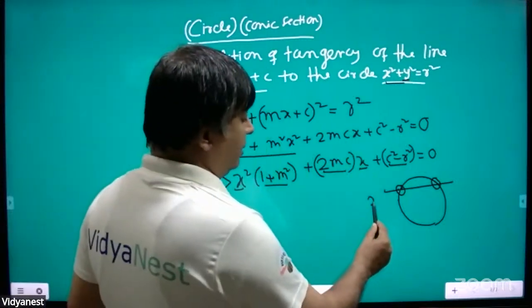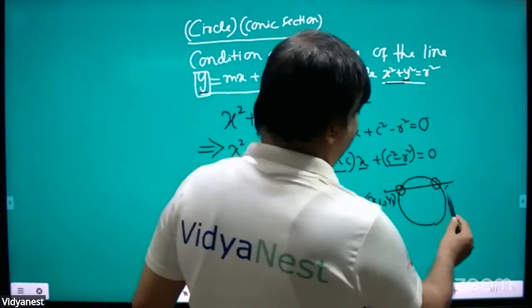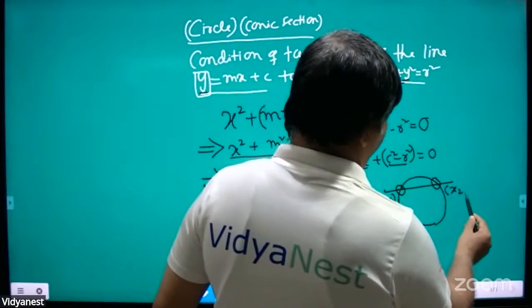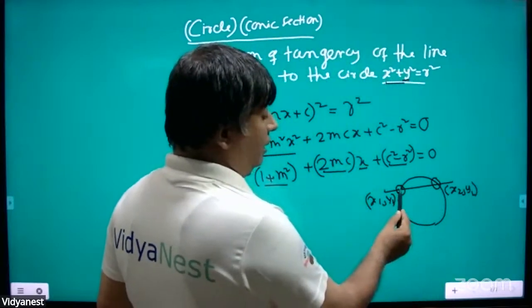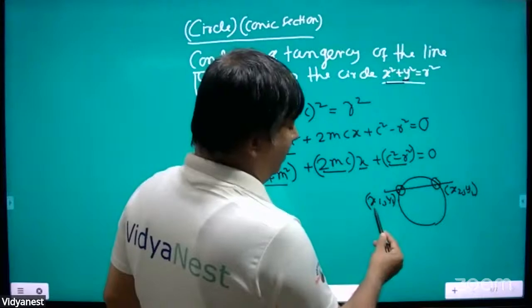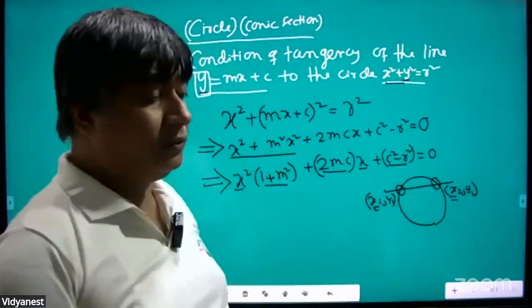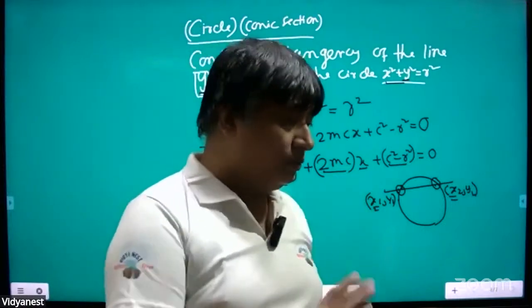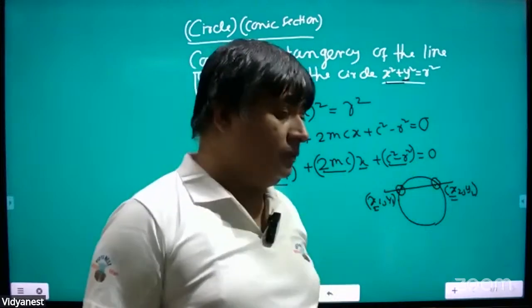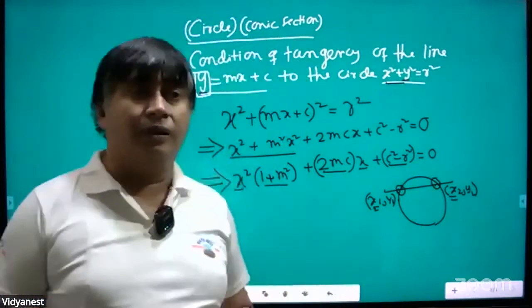Suppose there is x1 y1 and x2 y2. So how many, कितना x का वैल्यू है यहाँ पे? 2 वैल्यू है कि नहीं? x का 2 वैल्यू है. एक है x1 और एक है x2. ना. अगर x का 2 वैल्यू है, तब